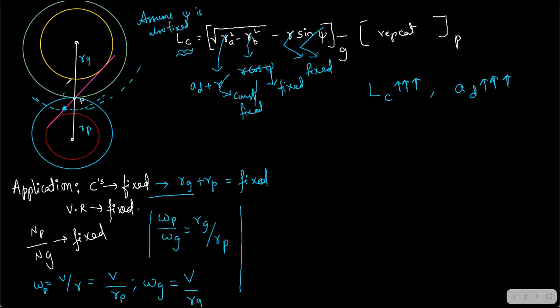R is constant. R is only till here. R cannot change because we have fixed the velocity ratio. If R changes, the velocity ratio will also change. Or I can say the pitch line velocity will change. The ratio you can keep constant anyways, but the pitch line velocity will change. I don't want the pitch line velocity to change. So that's why R should not change. Only the addendum can change.